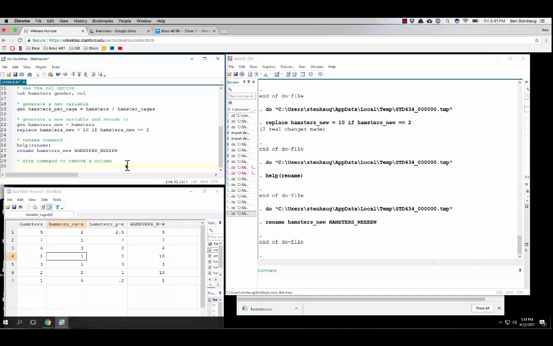And so what I'm going to do here is I want to remove a column. Sometimes you have columns you don't want, or sometimes you have rows you don't want. The drop command, interestingly, can get rid of both columns and rows, depending on how you use it. And so to get rid of a column, you literally just type the name of the column that you want